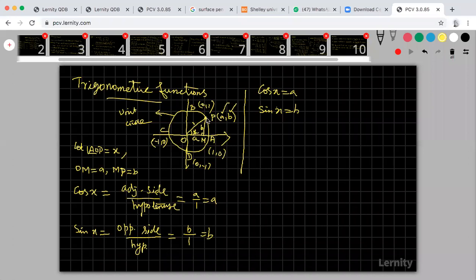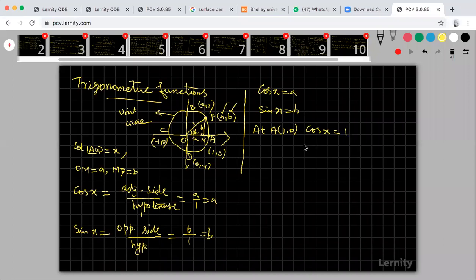Suppose I am considering this point here. Here I am taking P as any point on the unit circle, and the coordinates of the point as A comma B. Suppose I am considering the point here, that means the point P coincides with A. My coordinates are 1, 0. That means this is my A, this is my B. You please try to understand. So at A, 1 comma 0, what is my cos x? My cos x is 1.